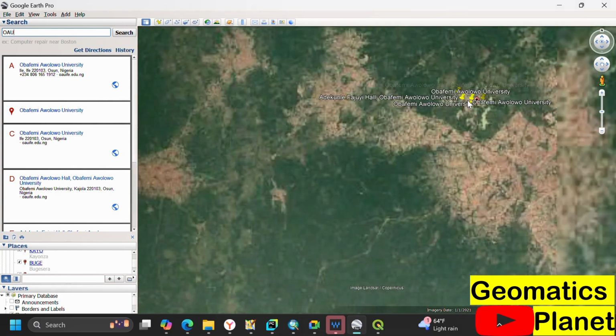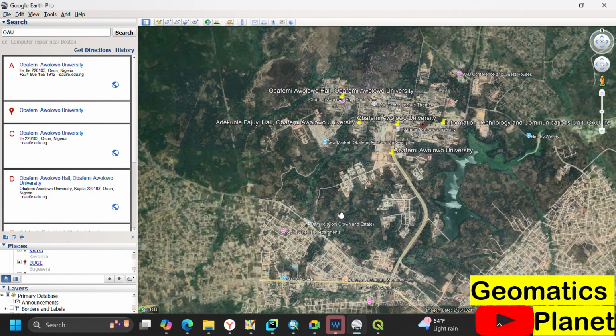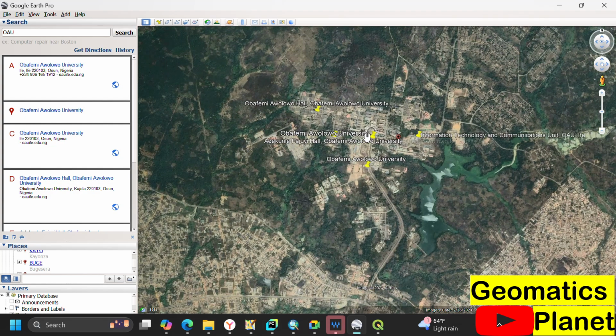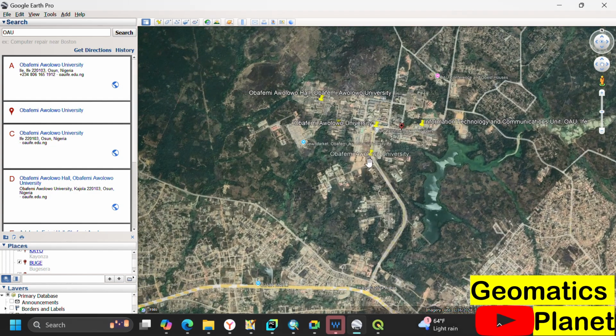Can we extract boundaries too? Yes, if you know the level, you can also extract the boundary. I'm going to show you how to make the right boundary extraction. So what I want you to do is, here you see the center of Obafemi Awolowo University,